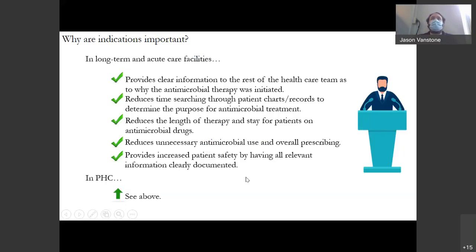So it's all very much the same. Again, I've got a whole other talk where we can dig into the data and the references for that. But suffice it to say, there's good reason. And in fact, in a lot of places around the world, indications for antimicrobial prescriptions are becoming a standard or a policy in different places, that this is required for your prescription to be considered valid.